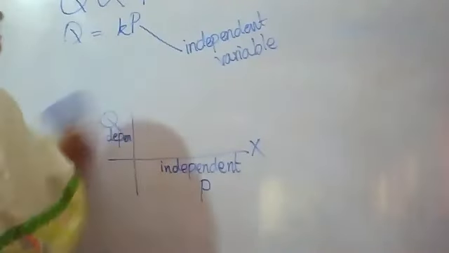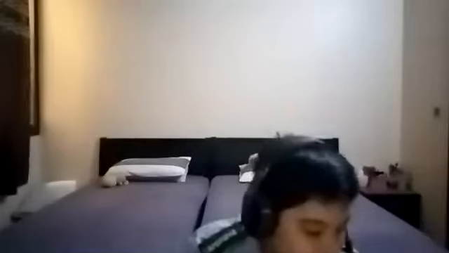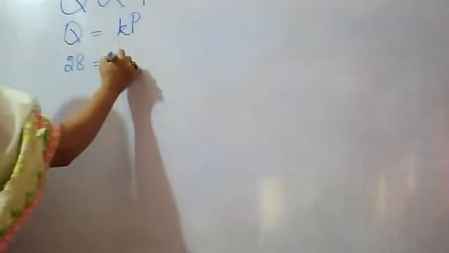Okay, now let's talk about the equation. They want you to find the equation connecting P and Q. Here it is written Q is equal to 28 when P is equal to 4. How will I find the value of K? This is part 1 of the question. You will divide by 4. 28 divided by 4 is equal to K. 7 is equal to K. Yes, miss, 7 is the answer.